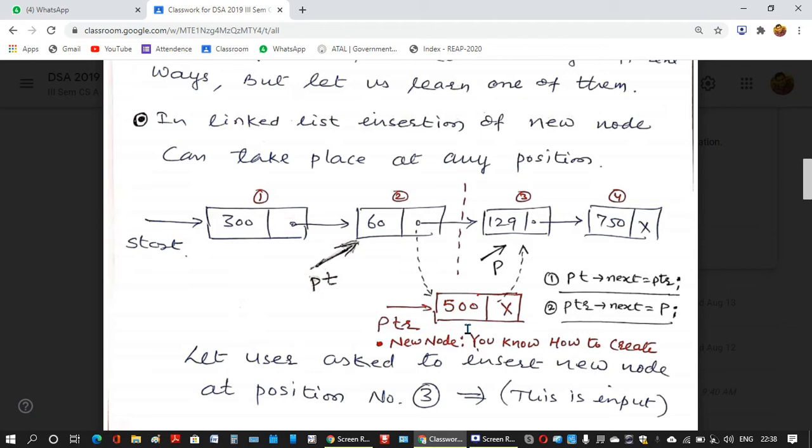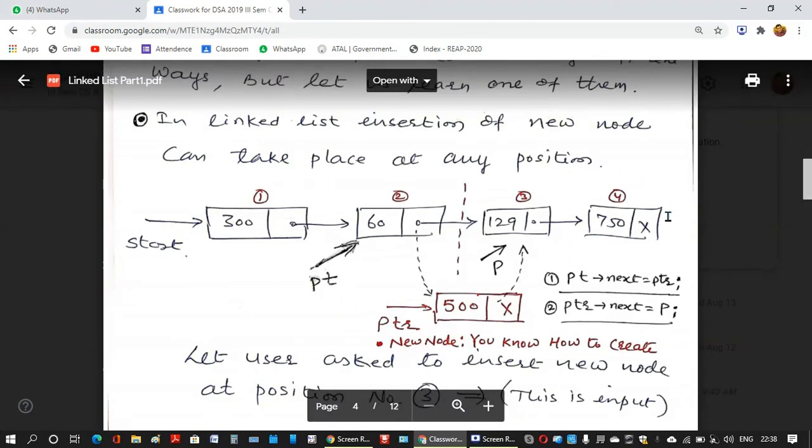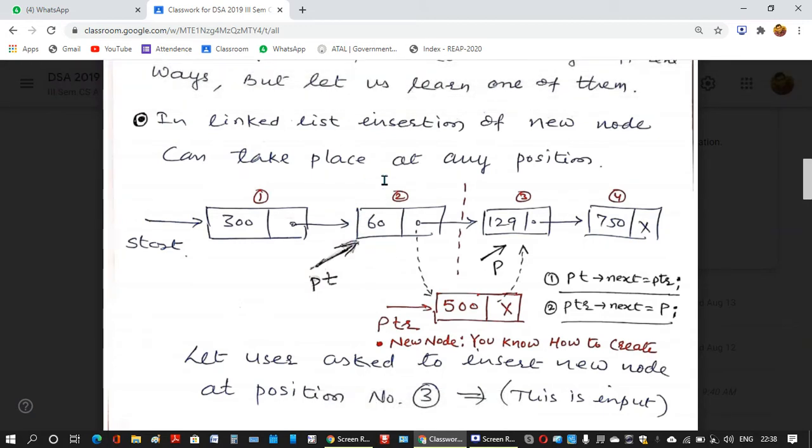For explanation purposes, I am assuming our linked list is like this, and we want to insert one more element into it. So the first node is pointed to by an additional pointer, start. After that, the address of the node containing 60 is stored in node number 1.